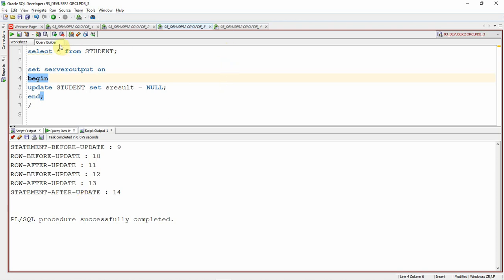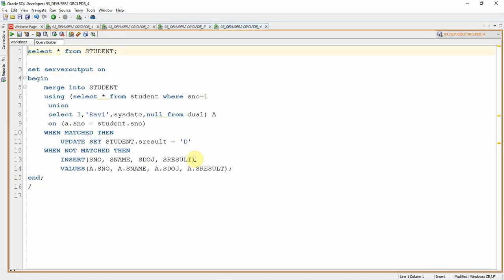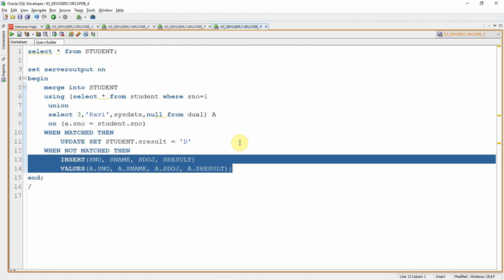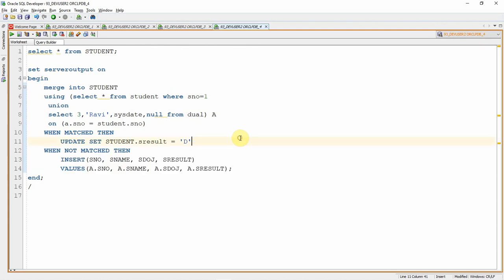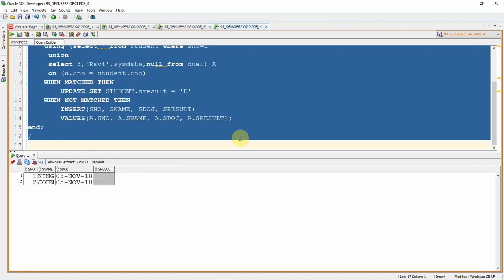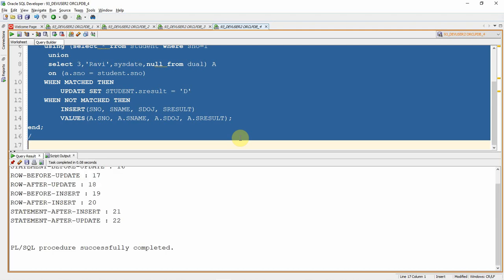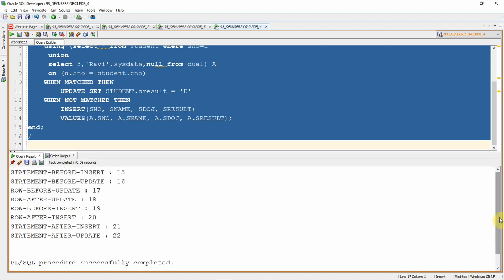Let me show you one more example quickly, because you should understand that it's not necessary that only an insert or update will get fired. When we are doing a merge statement, it will do both, because as part of the merge statement we are doing an update as well as an insert. So this will fire both the update trigger as well as the insert trigger. Let me execute this, because this merge statement is written in such a way that it is going to insert one record and update one record. So what will happen here is that this also will fire 8 triggers, 4 triggers for the insert related operation and 4 more for the update related operation.